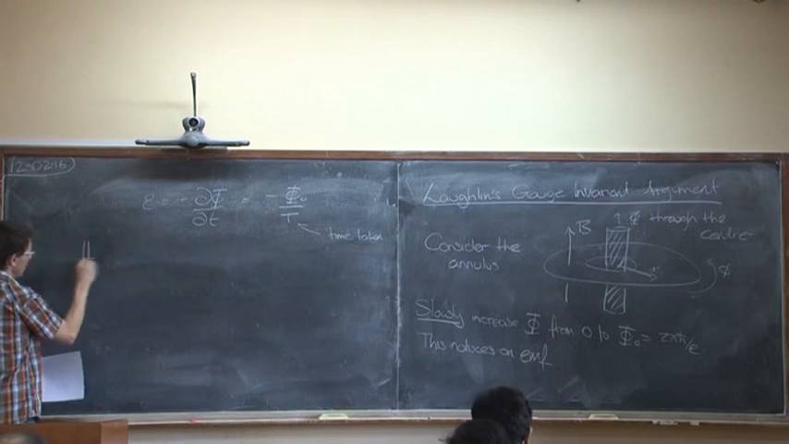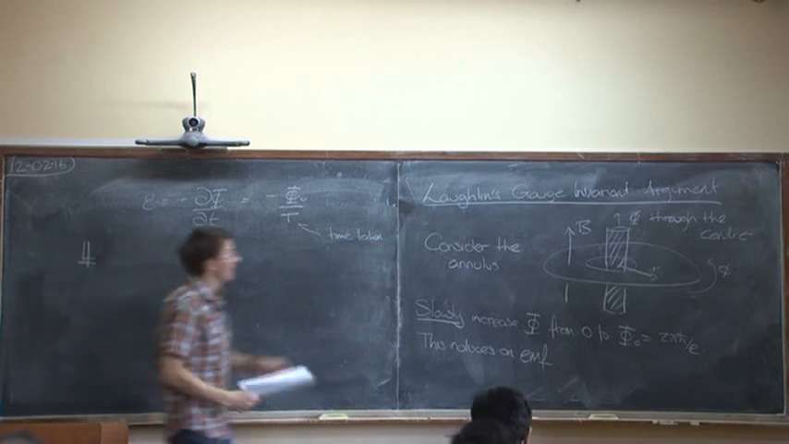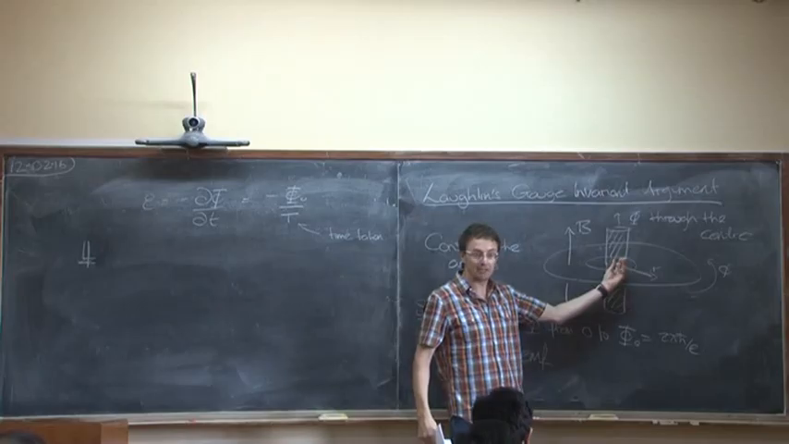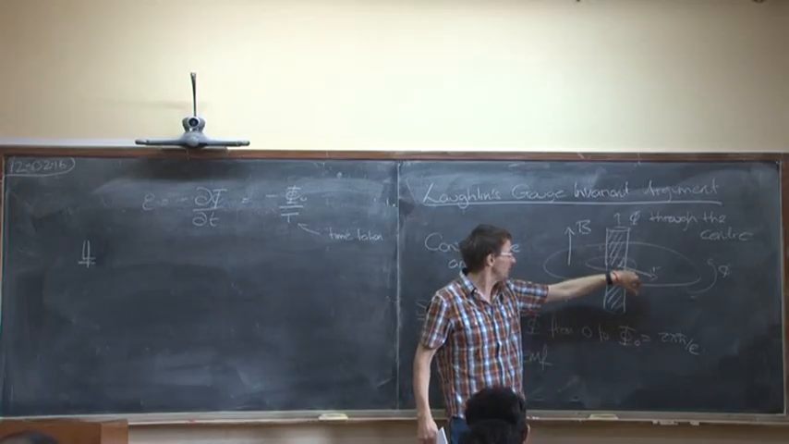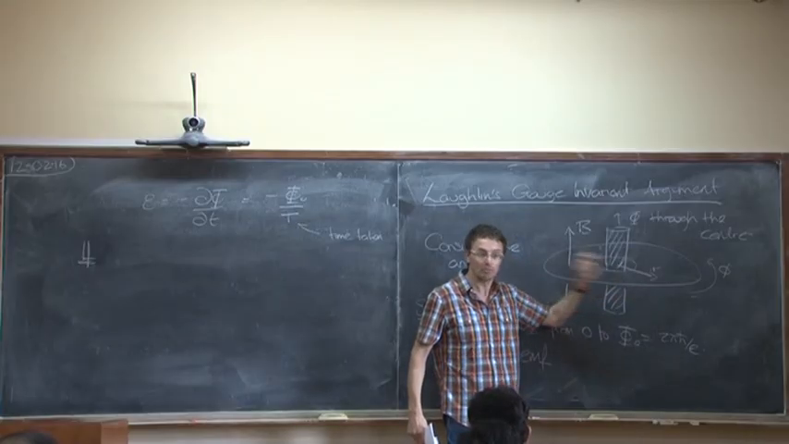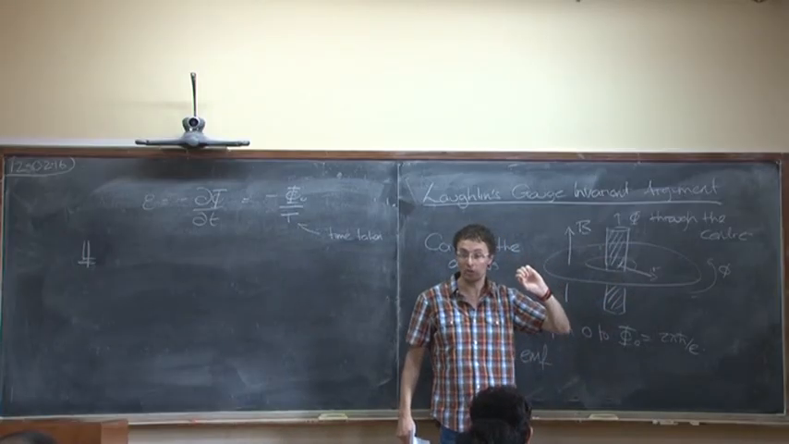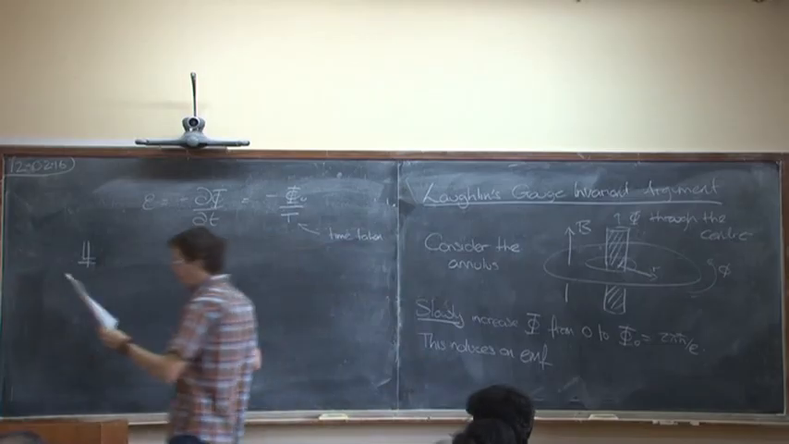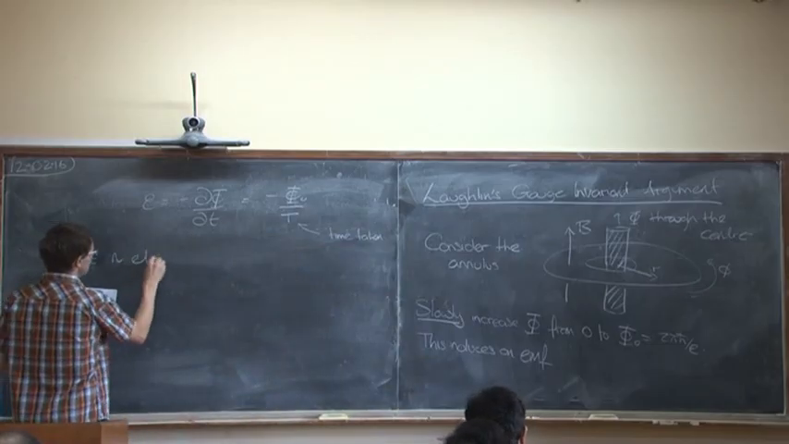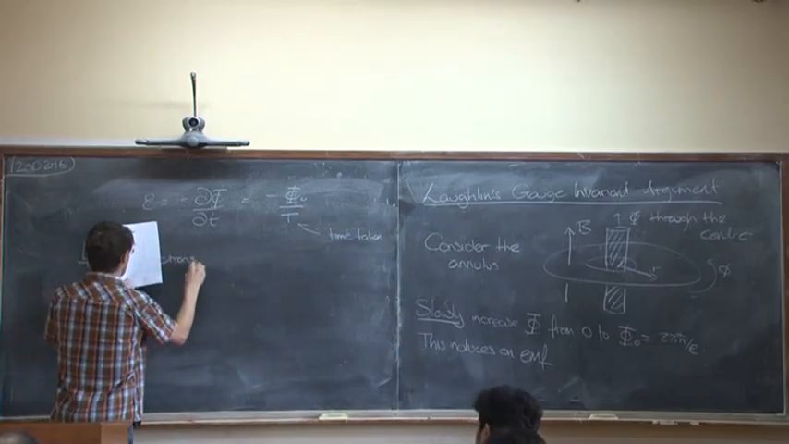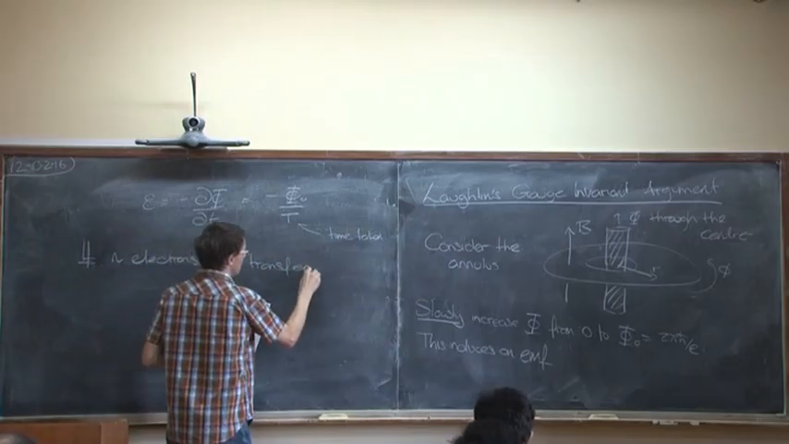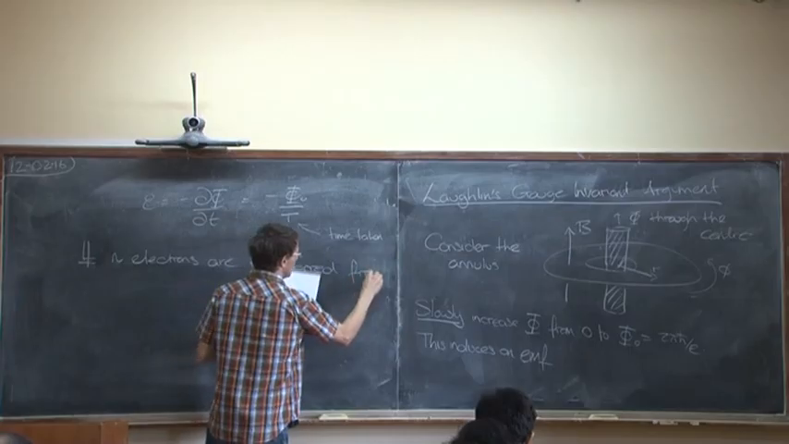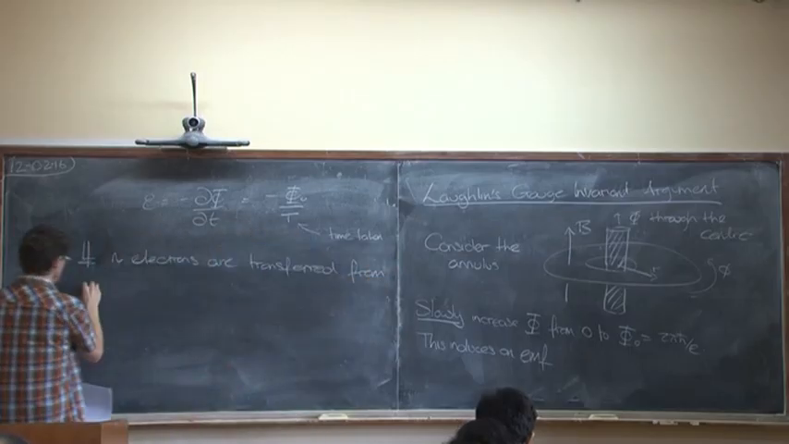So now let me give you the argument. Suppose that as you increase phi from 0 to phi 0, exactly n electrons move from the inner edge to the outer edge. Suppose that was true. Surely we're going to show that is true. So if n electrons are transferred from the inner to outer ring,